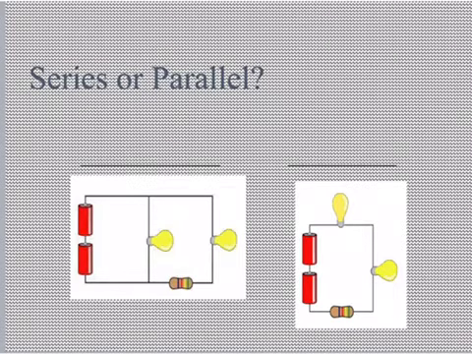So here we have series or parallel. What you're going to want to look at is the lines that are drawn here, seeing how the electric current actually flows. If the arrow is electric current and it's going through, it can actually go to two different paths. It can go through that light and it can go through this light. And if one of these lights burns out, for instance, like that one, this other light bulb will stay lit and can still light whatever room it is. So therefore this one is called a parallel